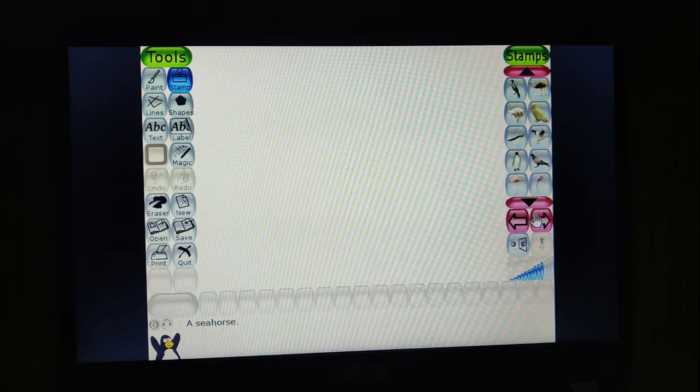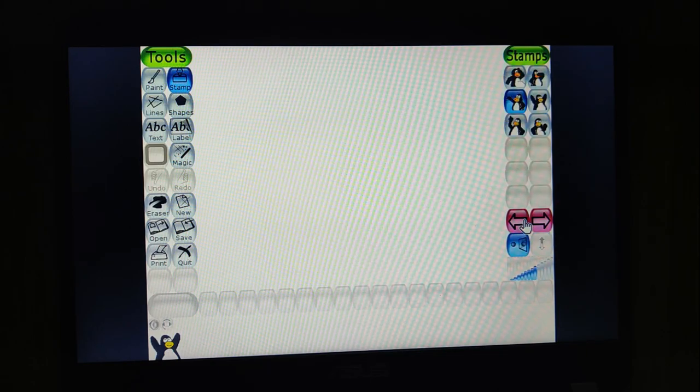Now again, if you want to change it, just click on the right arrow. And if you want to go back to the previous stamps, select the left arrow, right? Clear?